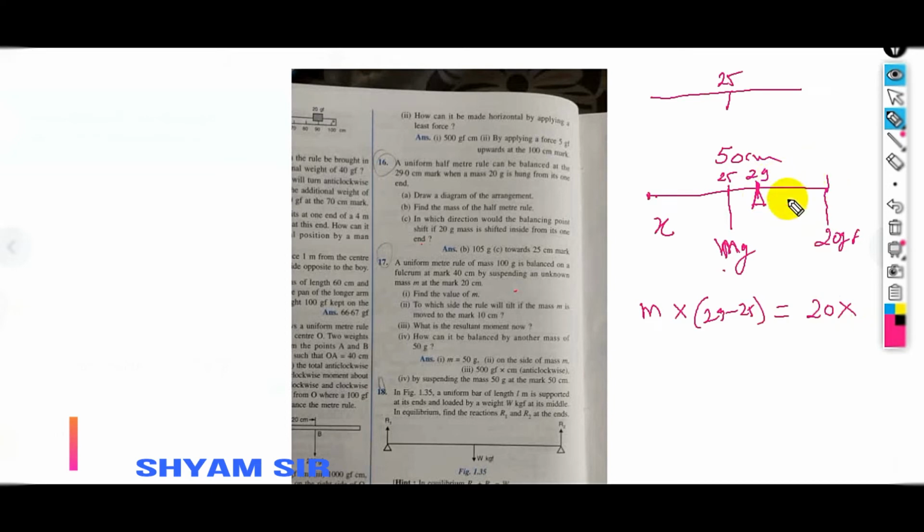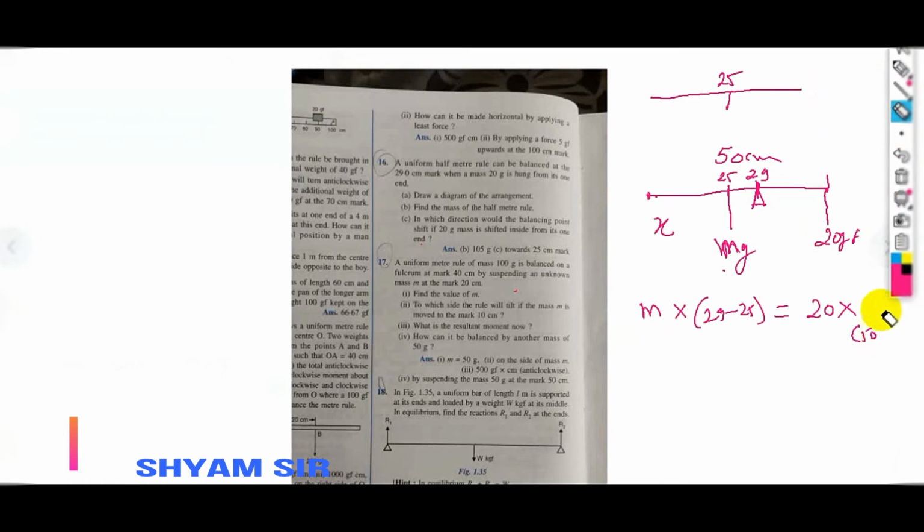This is 50 centimeter. So 50 minus 29. So we can write mass is equal to 20 into 21 upon